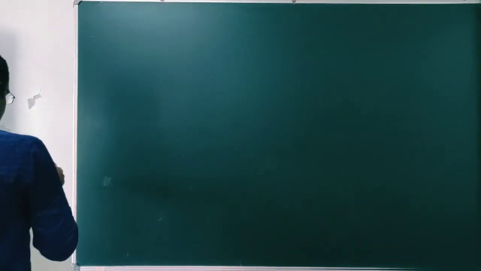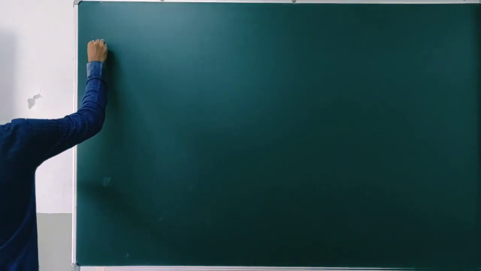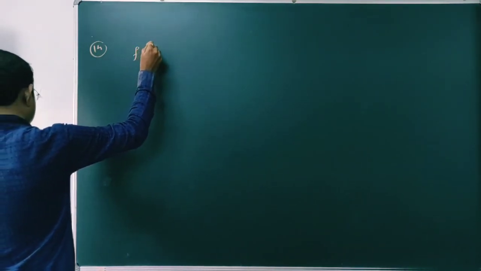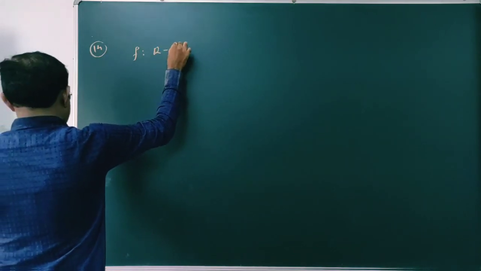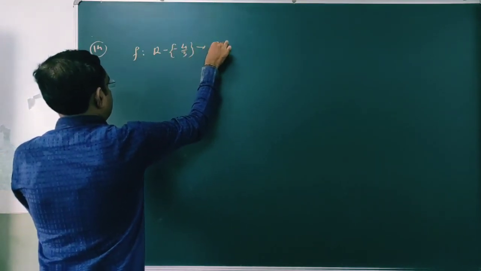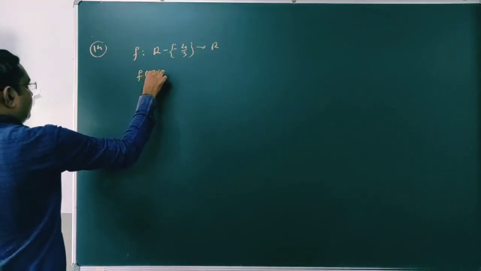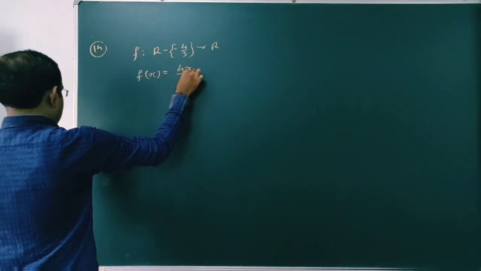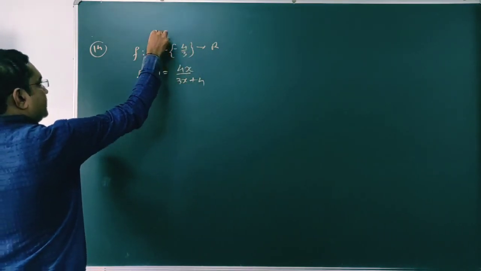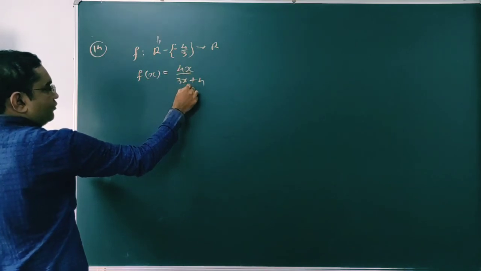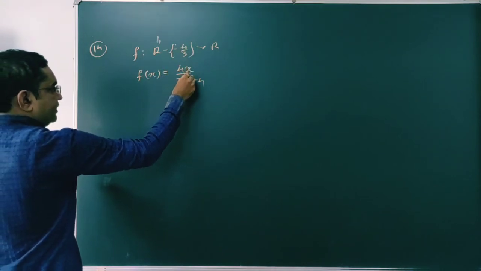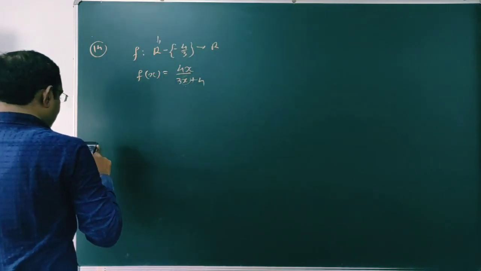So here question number 14, last question. So for question number 14, we are given that function f from R minus 4/3 to R. This is one function which is defined as f of x equal to 4x upon 3x plus 4, है ना। यहाँ पर समझ में आ गया कि -4/3 इसके डोमेन में से क्यों निकाला, क्योंकि x इक्वल टू -4/3 यहाँ पर पुट करके फंक्शन अनडिफाइंड हो जाएगा। ये फंक्शन R to R ही है, लेकिन R की जो डोमेन की वैल्यू उसमें से -4/3 रिमूव कर दिया,